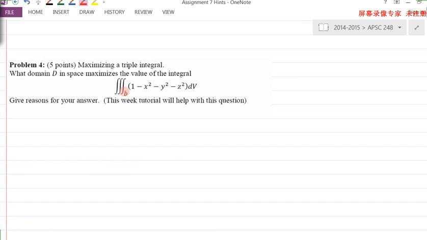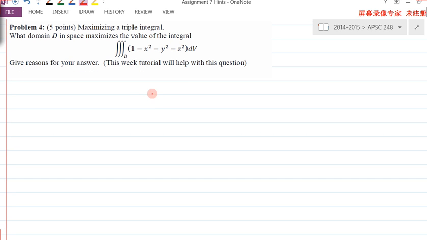Question number 4 is trying to figure out a certain region D such that this triple integral is maximized. I'll use a single variable function to illustrate the idea here. So if you have a single function, maybe it looks like this. If you're going to integrate within this region A to B, apparently what happens is, between A to B